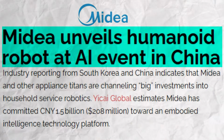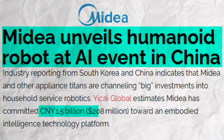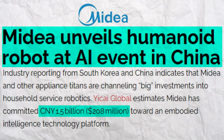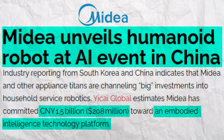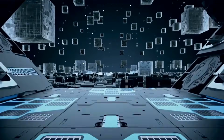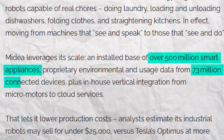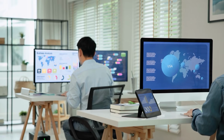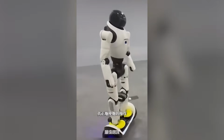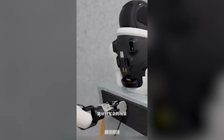Midea's entry into humanoid robotics comes backed by a massive RMB 1.5 billion investment, roughly $208 million, into a dedicated embodied intelligence platform. They already control the hardware ecosystem with more than 500 million deployed appliances and 73 million smart devices feeding back environmental data. That gives them something no AI startup has: a huge, consistent, real-world data set for training task-specific manipulation models in